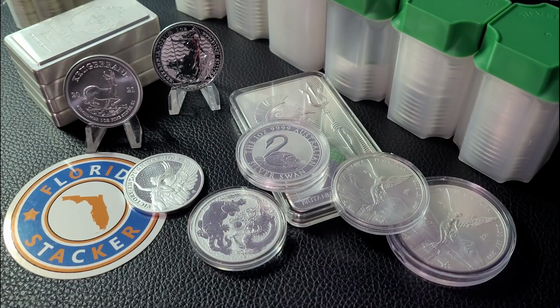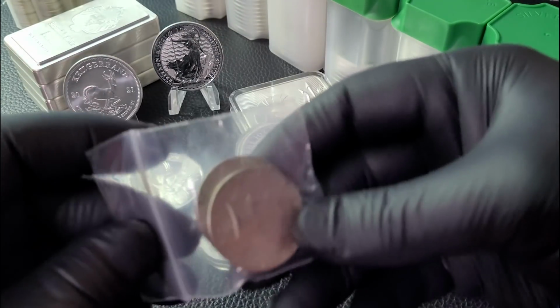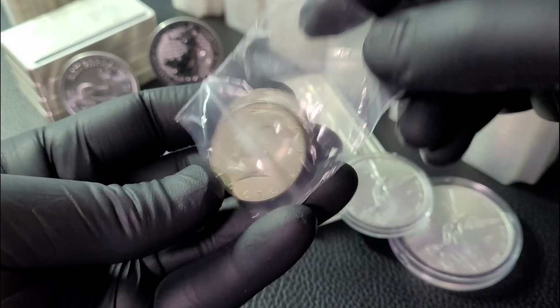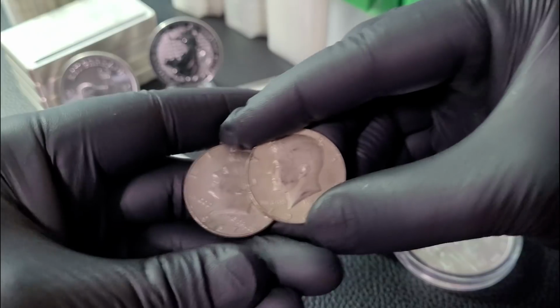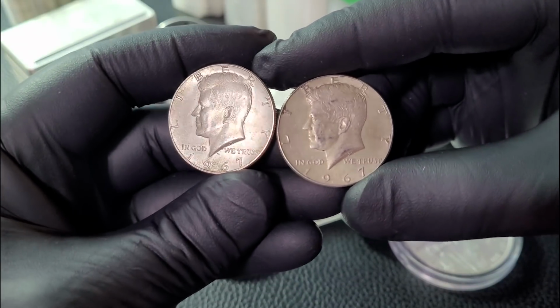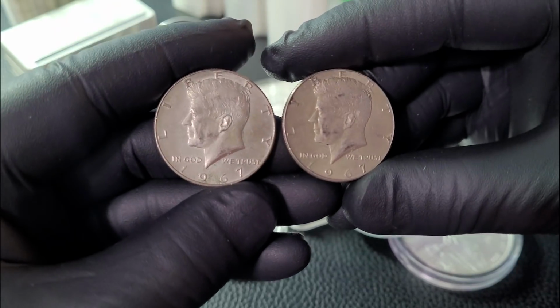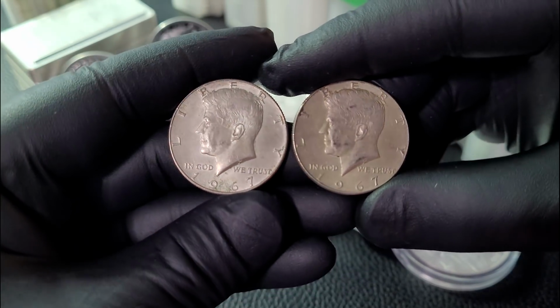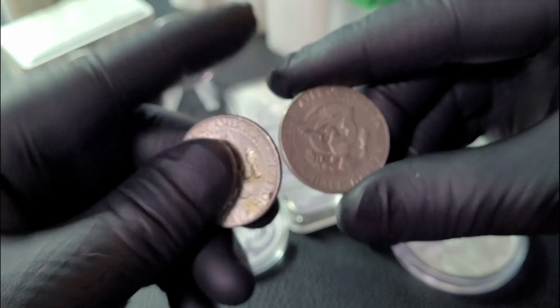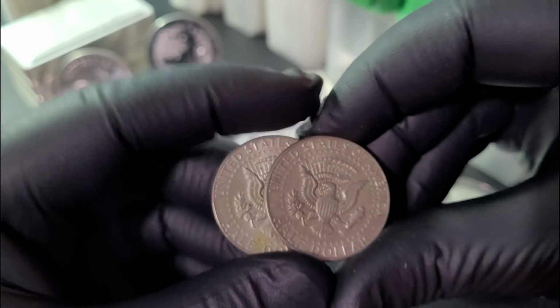And that brings me to the end of this order. So I needed to get to $199 in order to get free shipping from JM Bullion. So this order was from JM Bullion, if I didn't mention that. So I did add $1 in face of 40% silver half dollars. These 1967 Kennedy half dollars here, they do contain 40% silver. I paid right around